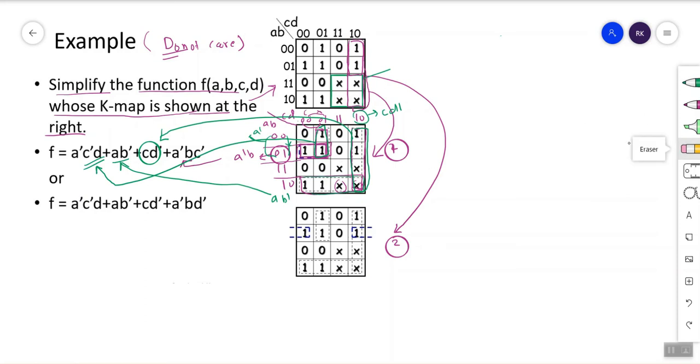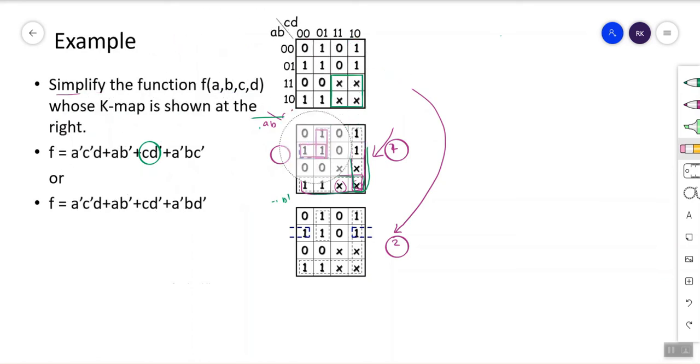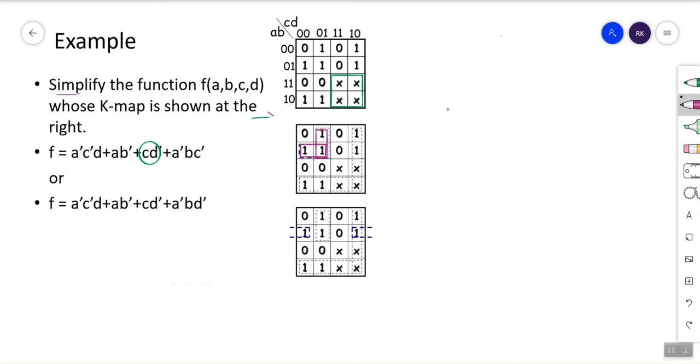Now this is one way to make the groups. The same thing we can represent in another way. So this is also one solution. Just 1 minute, wait. Now this K-map we can make another way also.